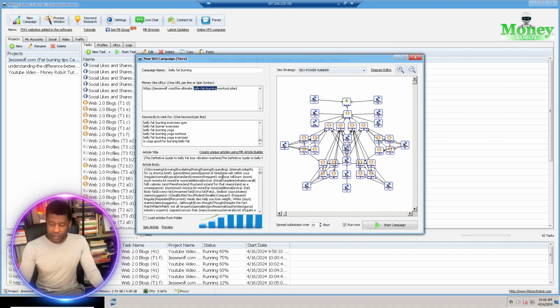So basically, this article is spun. If you take quite a close look here, there's different variants of each word, and each word is going to be different for each of these articles right here, guys. So this article is going to be submitted to so many different